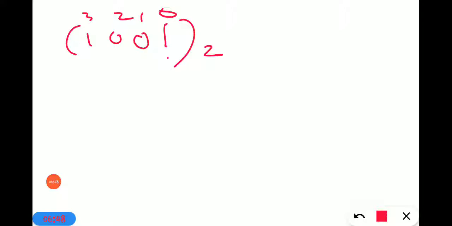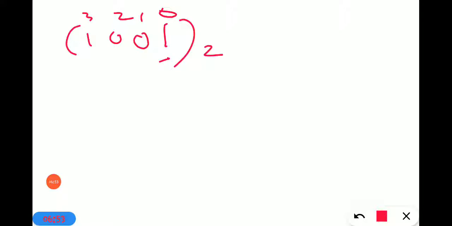Okay, now I show you here. 1 0 0 1. This is the second number. This is a binary number. We start giving positions from the right hand side. So give first 0, then 1, then 2 and then 3. Position देना compulsory है, then only you can do this sum.